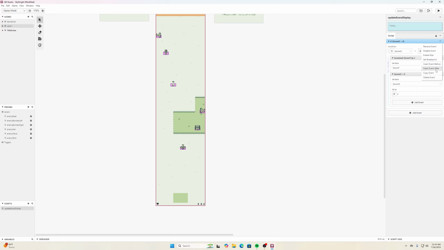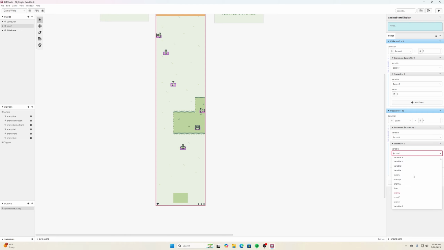Then I will copy this event and paste event after. And then we need to do the same thing, but instead of the ones, we need to say if the tens are greater than 9, then we are going to increment, you guessed it, the hundreds spot. And then we are going to set the tens value to 0. So that will get us up to